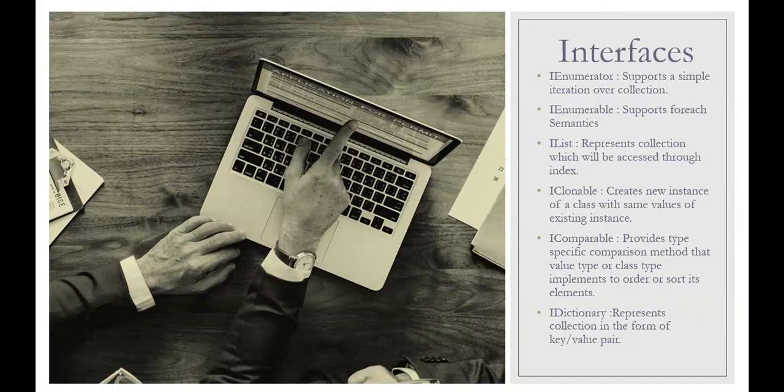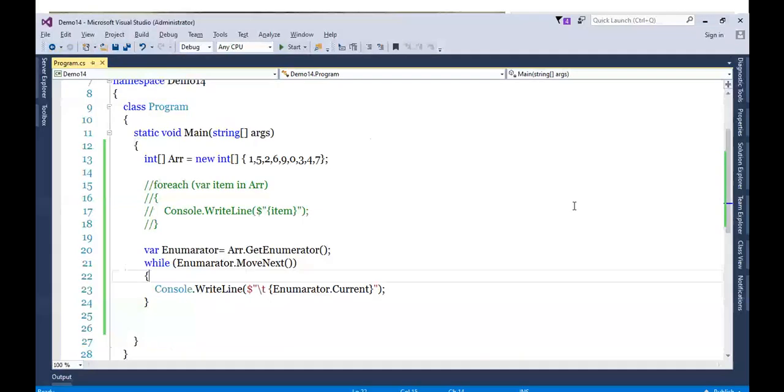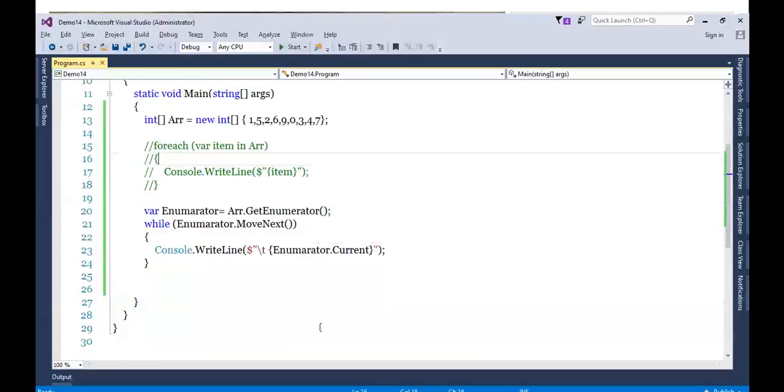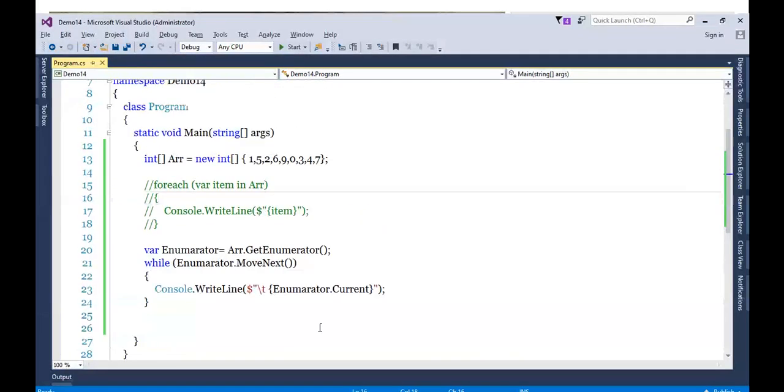So we saw IComparable, we saw IEnumerable, and we looked at IEnumerator internally. We'll see IDictionary, ICloneable, and IList ahead. Now there will be one more situation where you need to use IEnumerable.